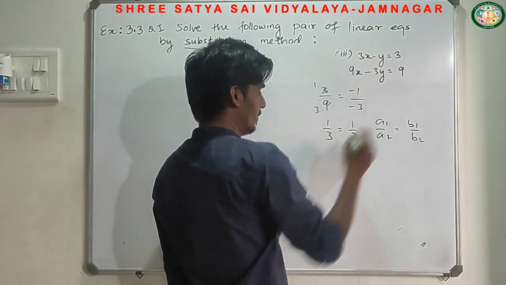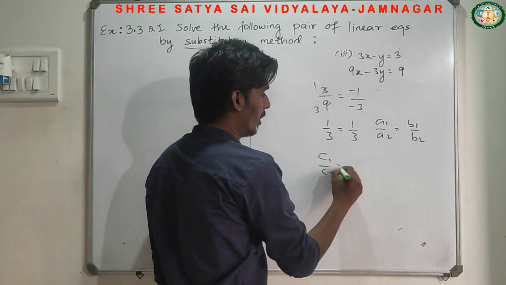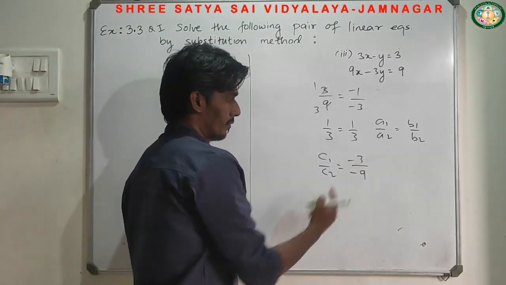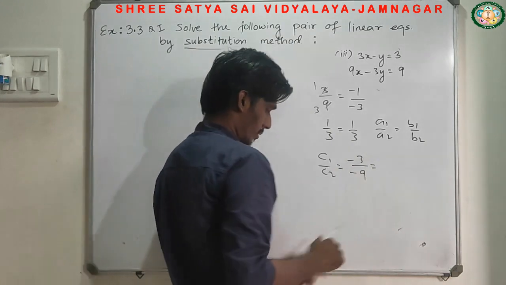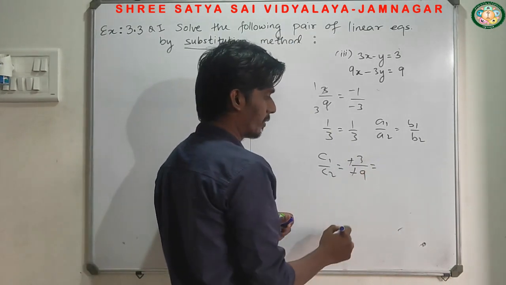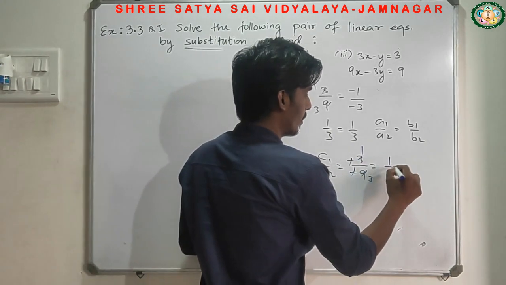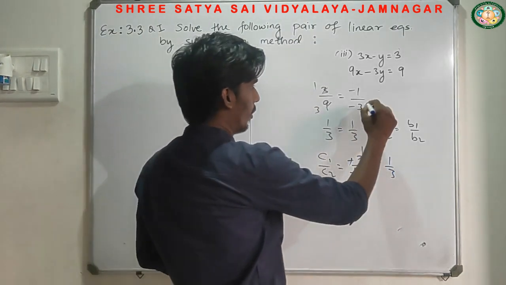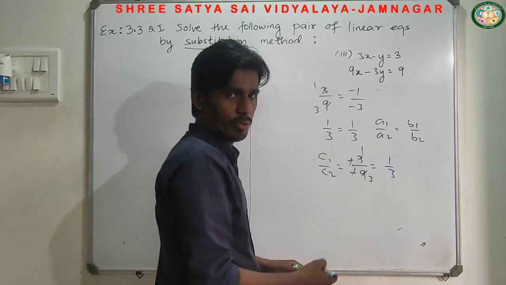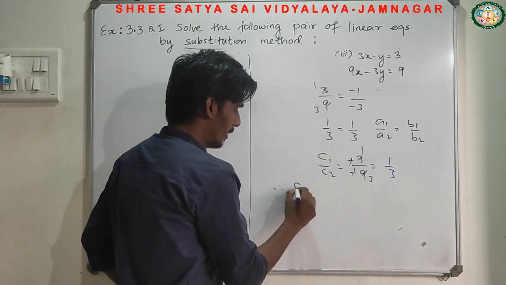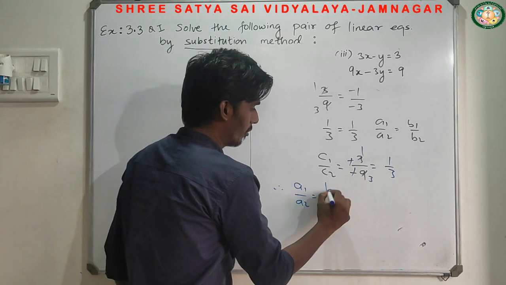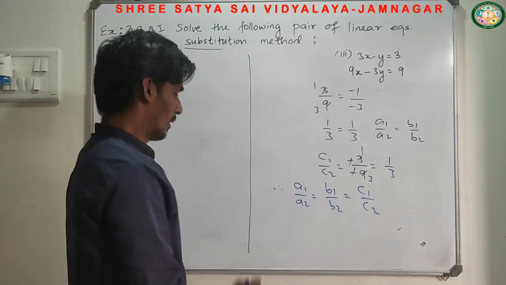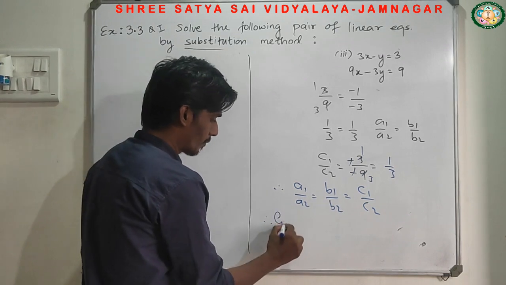To confirm that, I have to find the value of c1 upon c2. If I take 3 inside, c1 upon c2 is minus 3 upon minus 9. The negatives cancel, 3 ones are 3, 3 threes are 9, so I got 1 by 3. So from all three conditions, all the ratios are equal. So a1 upon a2 is equal to b1 upon b2 is equal to c1 upon c2. Therefore, we have to write that the given